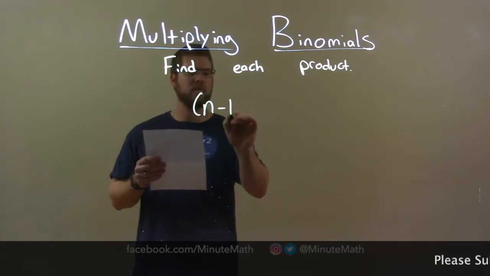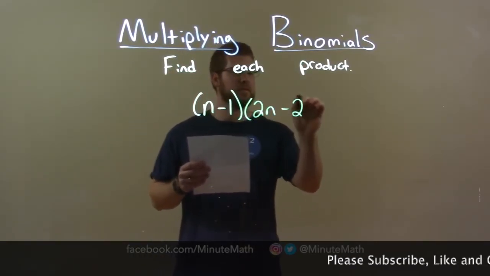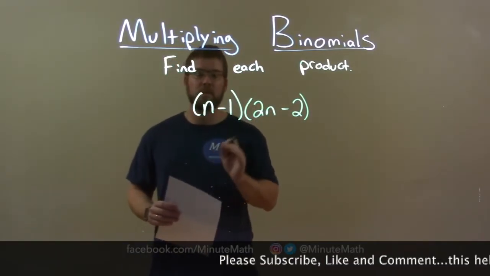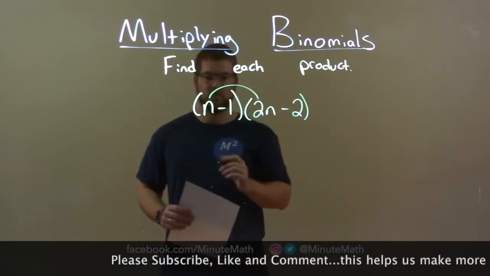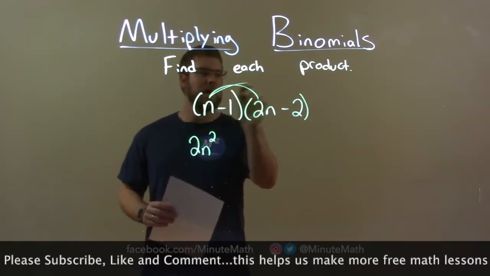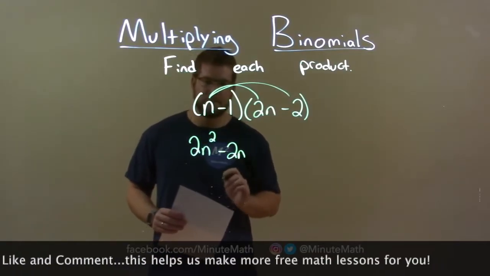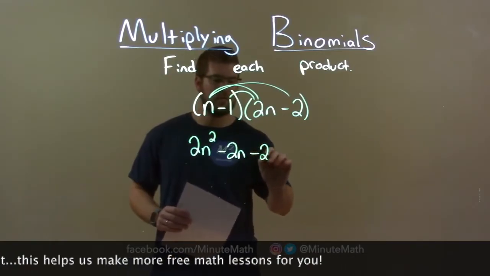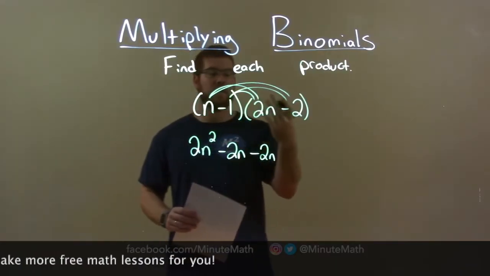n minus 1 times 2n minus 2. We want to take all parts of our first parenthesis and multiply it by all parts of our second parenthesis. So n times a 2n is a 2n squared. N times a minus 2 is a minus 2n. A minus 1 times 2n is a minus 2n. And a minus 1 times a minus 2, a negative times a negative is a positive